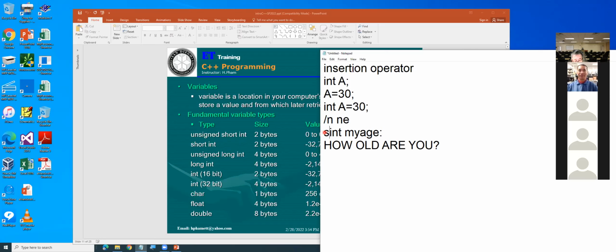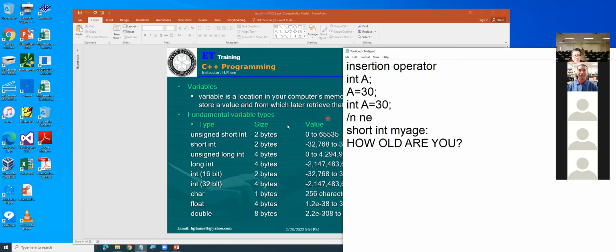If I say short integer, it works, but it's not really good. I want it to be unsigned short integer.